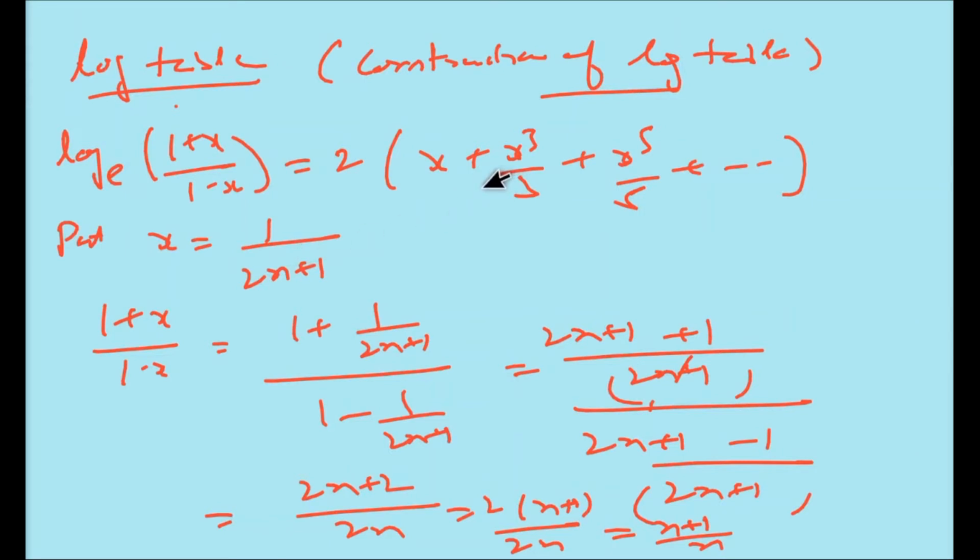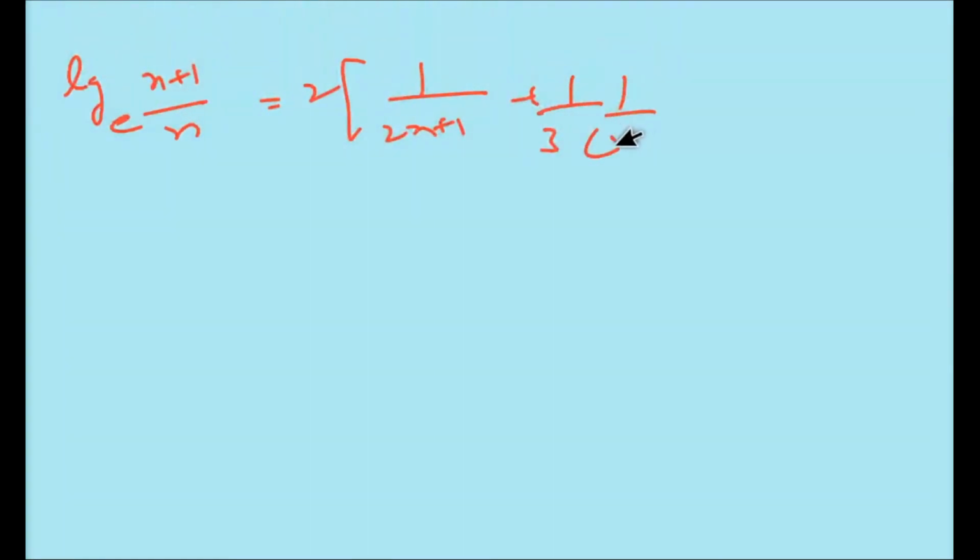So what we get here is log of (n plus 1) upon n is equal to 1 upon (2n plus 1), plus 1 upon 3 times 1 upon (2n plus 1) square, plus 1 upon (2n plus 1) cube, plus 1 upon 5 times 1 upon (2n plus 1) to the power 5,